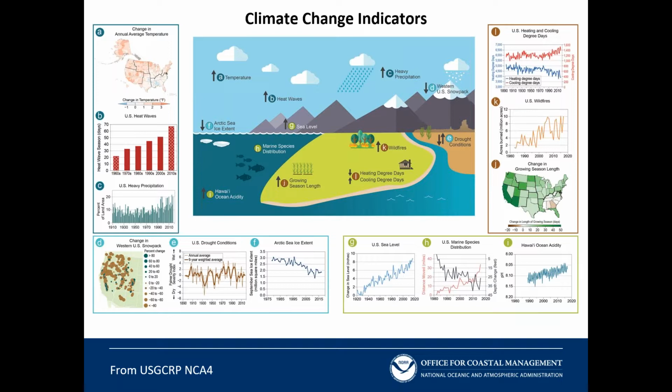We have seen an increase in atmospheric temperature, more heat waves. We've seen increase in heavy precipitation, not necessarily the mean precipitation, but definitely more extreme precipitations. We've seen a major drought going on, for instance, in the Southwest this summer, wildfires. We've seen decreases in Arctic sea ice, which is causing issues with coastal erosion in the Arctic. And we've seen increasing sea level rise in many locations.